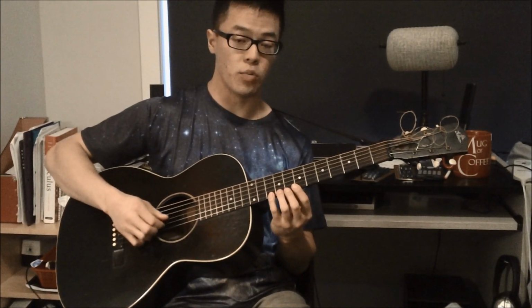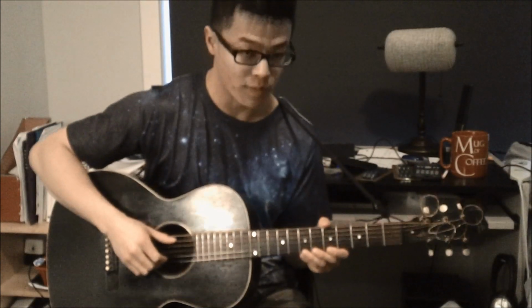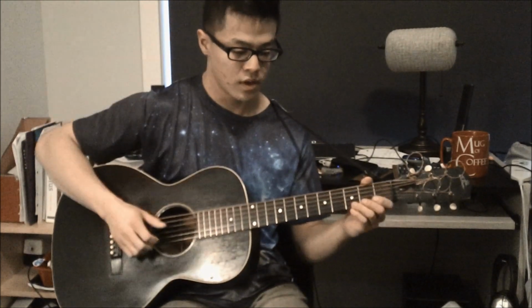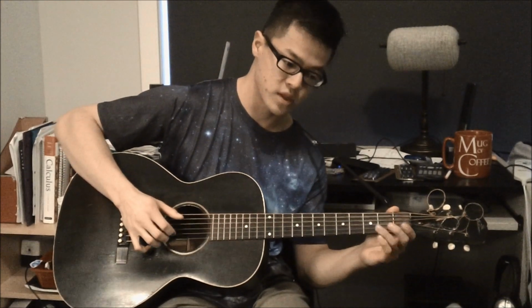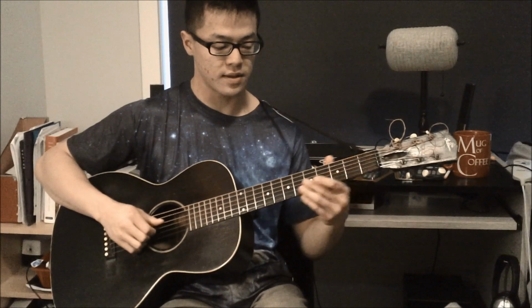And when you end up hitting that open B string, be sure to add in right along with it the open A string, so you get that. So it's a lot to think about, and this part for me was what I had to practice most out of the song. So just getting this. So once you get that going, you'll be good to go to start playing this,